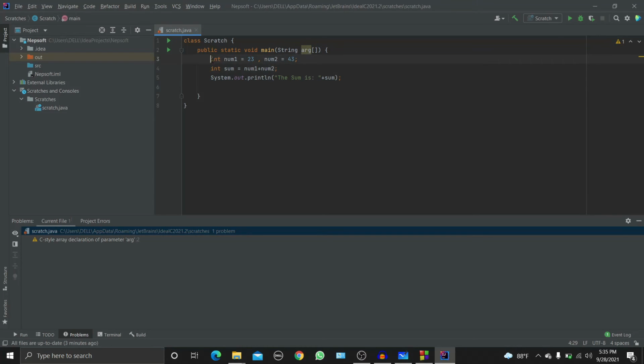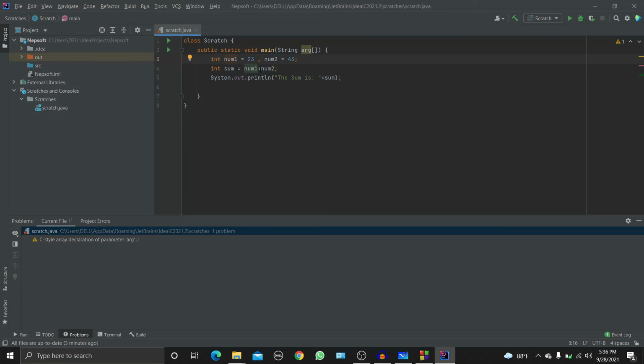Do you understand that? And now we have the int data type, and we have two variables, num1 and num2. num1 has the value 23, and num2 is 43. We have just declared them and fixed their values at the time of declaration.